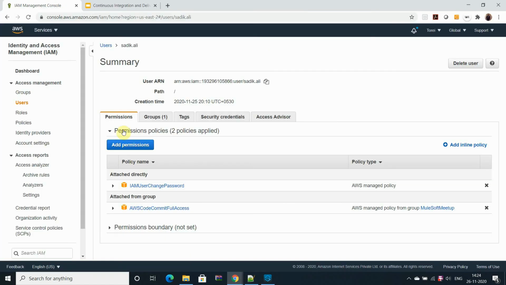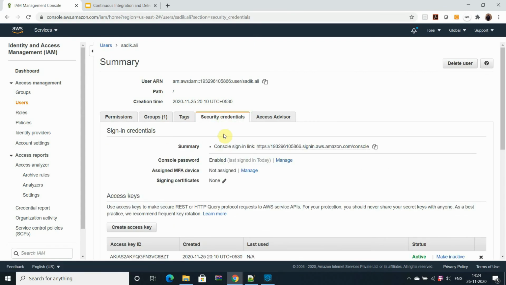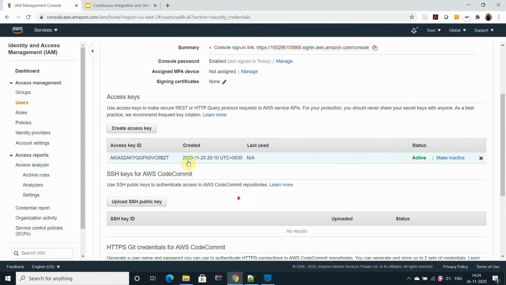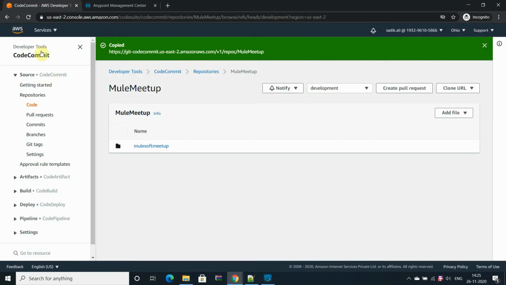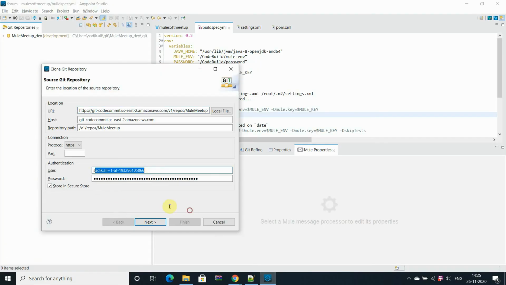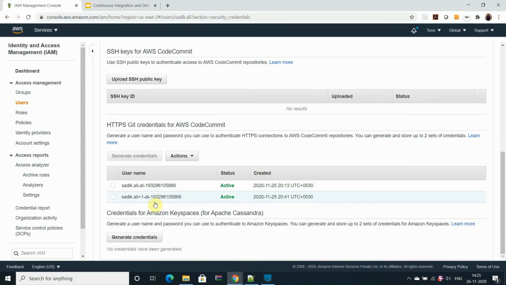As I mentioned earlier, while creating the IAM user and providing access to perform operations on the repository, you have to generate the security credentials that can be used to access or perform operations on the CodeCommit repository in the AWS platform. These are the credentials which you get once you generate them for the IAM user.